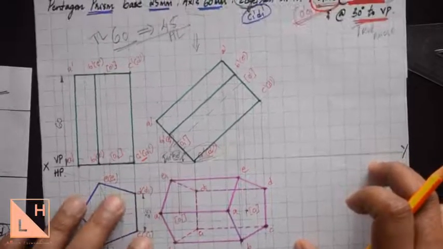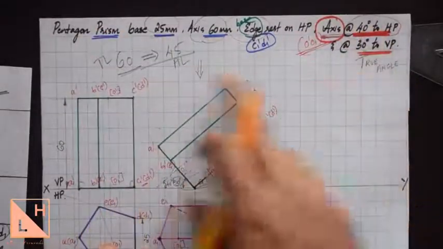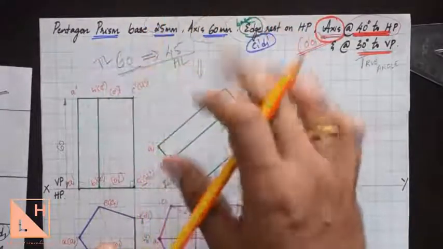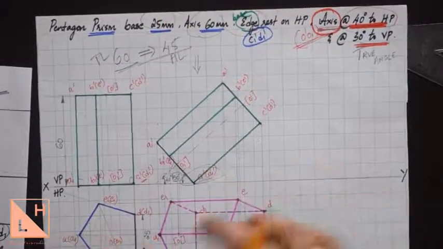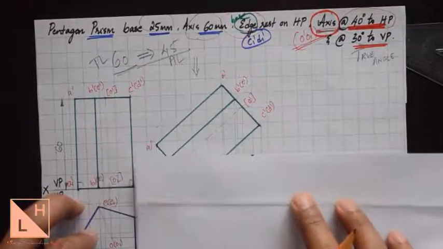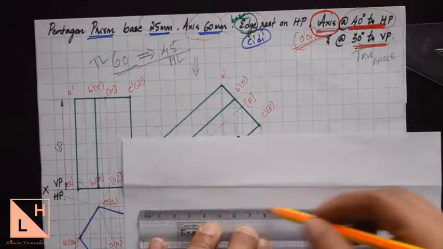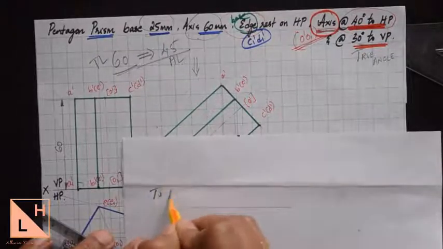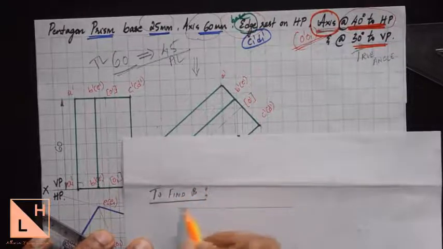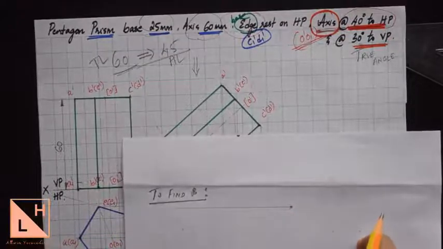So here I don't have space in this particular sheet because I have just written the given data over here, or else you will find the space over here which is more than sufficient to find out the beta angle. But as of now I'll just find out this beta angle on a separate page. I've just taken a sheet of paper and will first draw a horizontal line in order to find out the beta angle.